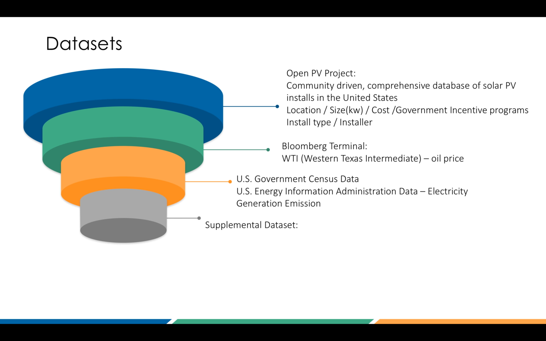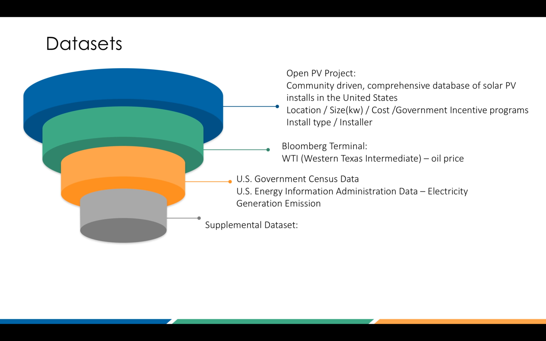The primary data set that we used in this analysis was the Open PV project. The Open PV project is a community-driven comprehensive database of solar photovoltaic installs in the United States. It provides it for the whole country as well as state-by-state data. It provides location, the size of the project, the overall cost, any government incentives, the install type, and who the